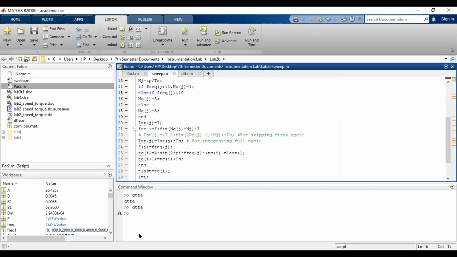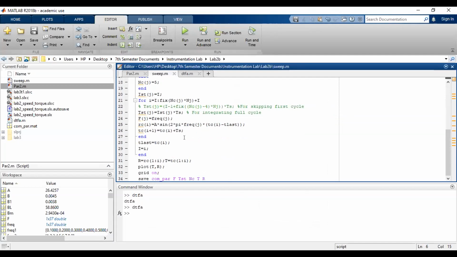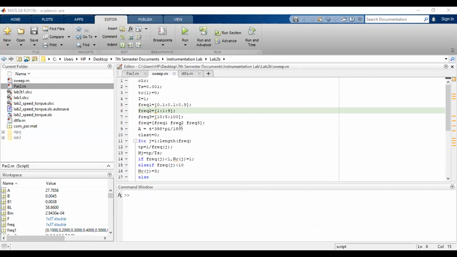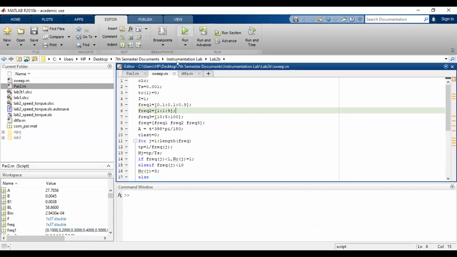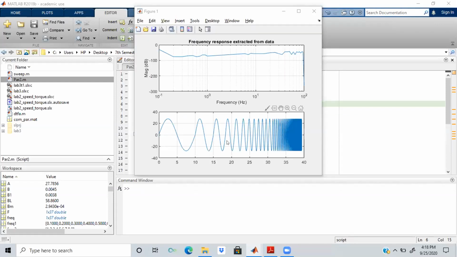So this is the sweep.m. Okay, fine. You run it. The graph you show me. Graph will be hiding down. So there was a graph. I don't know where it went. It will be there. Maybe this one is the graph. Yeah, that first line will be there. Yeah, that one only. That is fine.